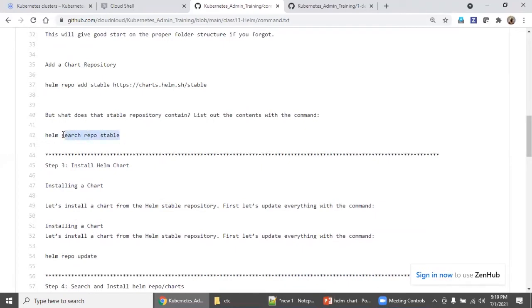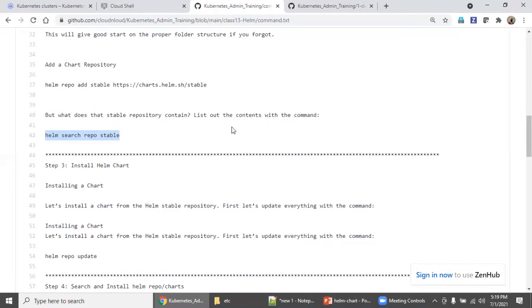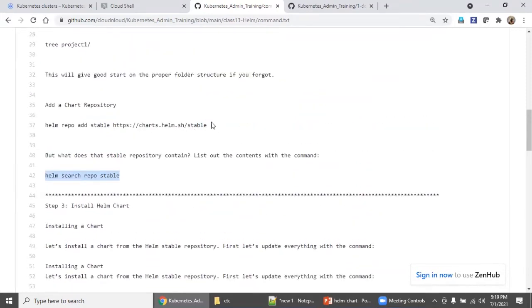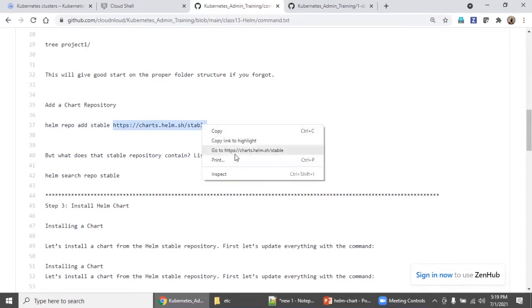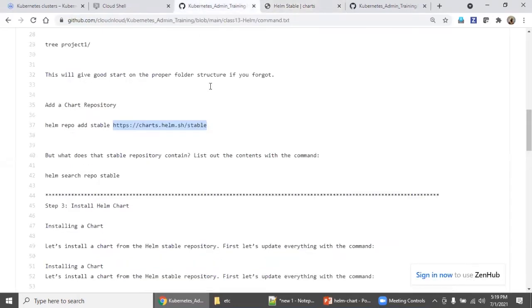Come down. We are going to search some stable repository because we need a repository to search all the Helm charts and packages, everything, right? So I'm going to say search. There are no repositories configured, correct? First, we need to configure the repository, right? So go here. I'm going to add this stable repository. Open this link in another window. For this repository, from a learning perspective, most of the charts are available. You get to know what is happening. So I'm going to add this.